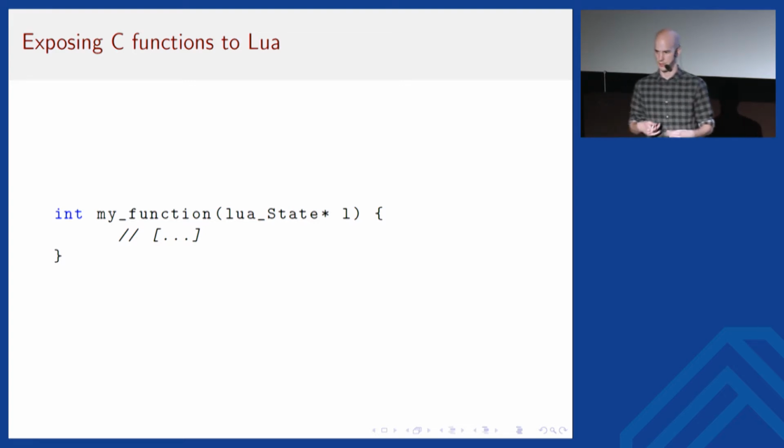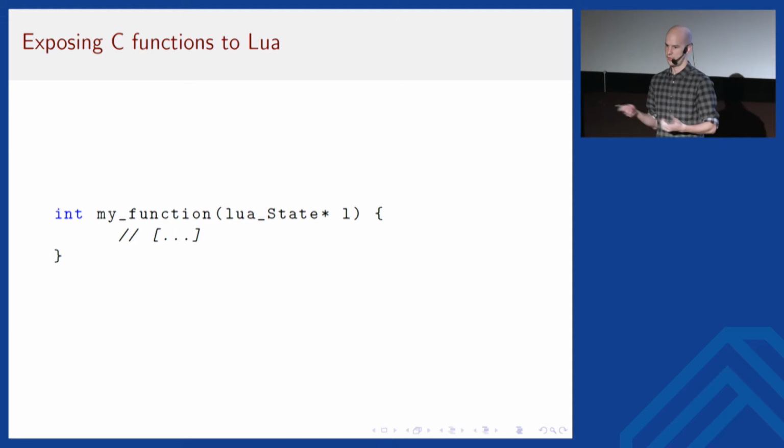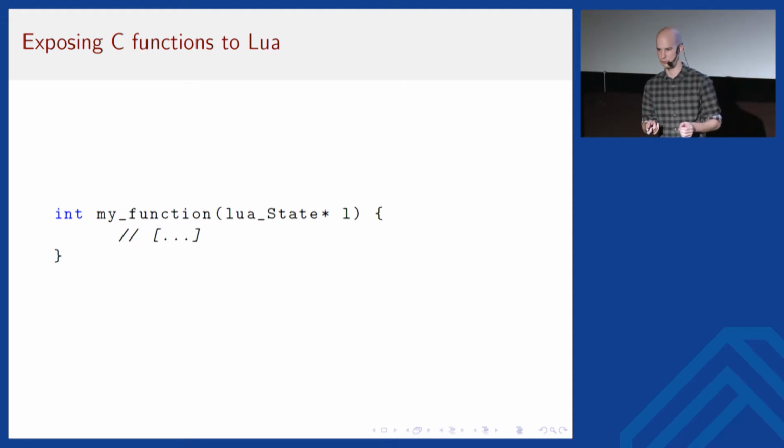So now, of course, if I want to embed Lua into C++, I need some interaction between the two. And that means I want to call some of my C functions from within my Lua script. And what I need for that is a wrapper function that has this signature. All functions that have this signature can be exposed inside the Lua VM as functions callable from Lua.